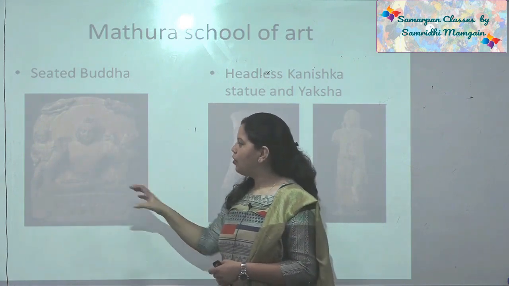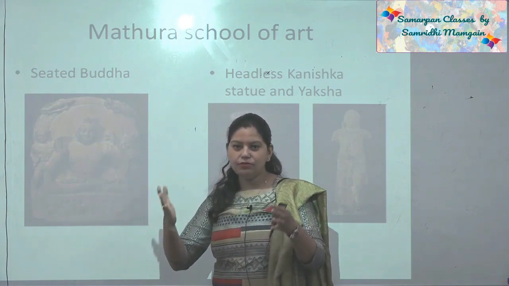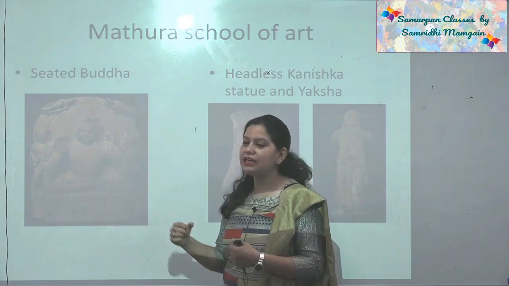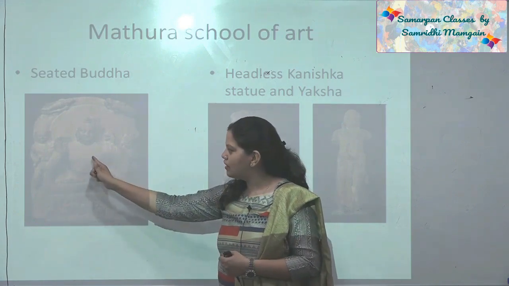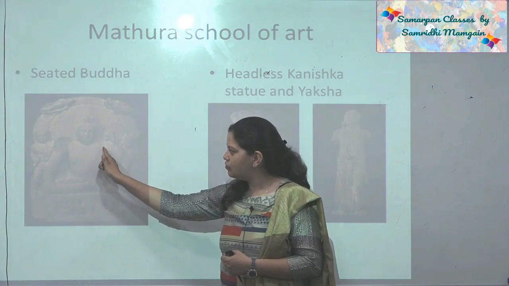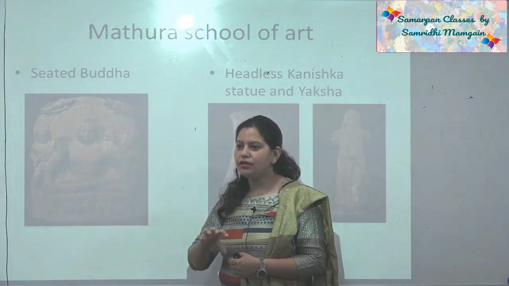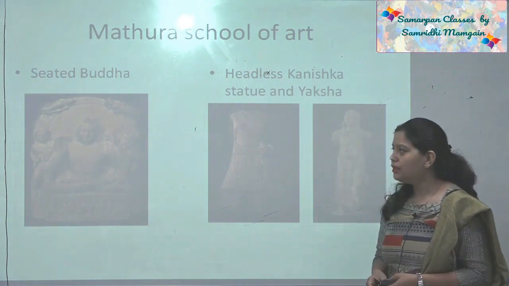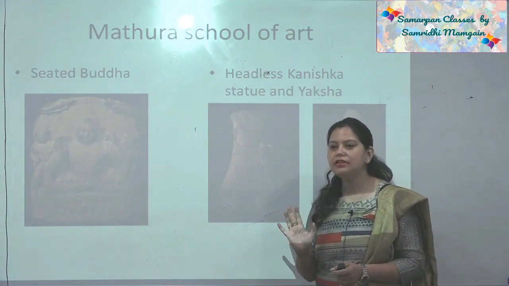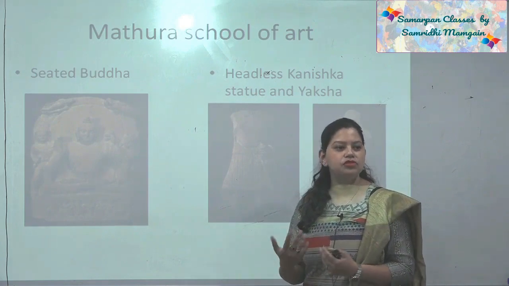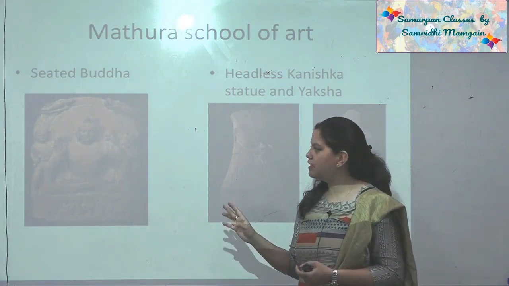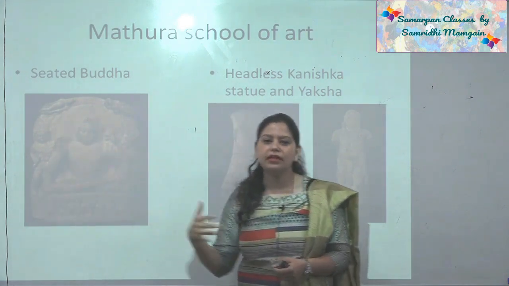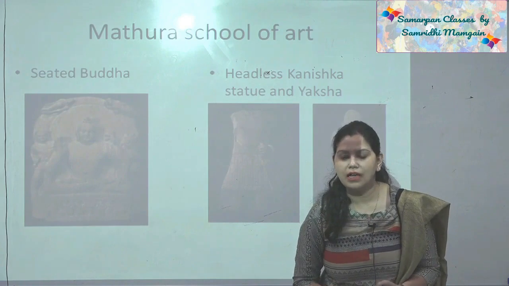Then the body is shown, I mean the physique was energetic, and the clothing also is very tight. So you can just make out with these lines that he is wearing a shawl. So very tight clothing. What else? Face is shaven. There he is shown with moustaches and beard as well. Here the face is shaven, and then this halo around it was more decorative as compared to the Gandhara school.